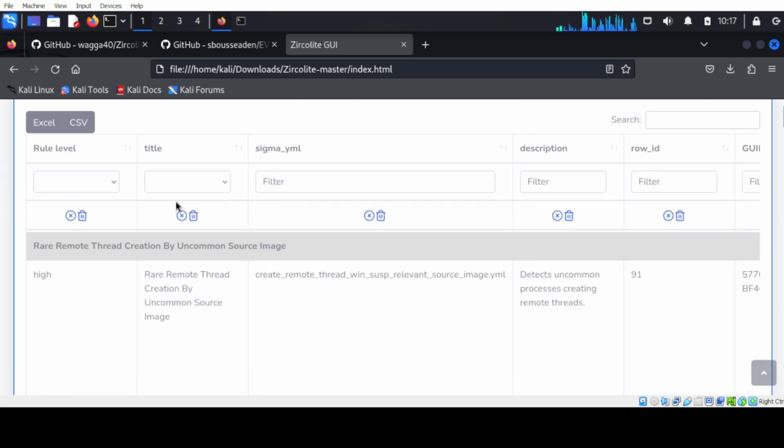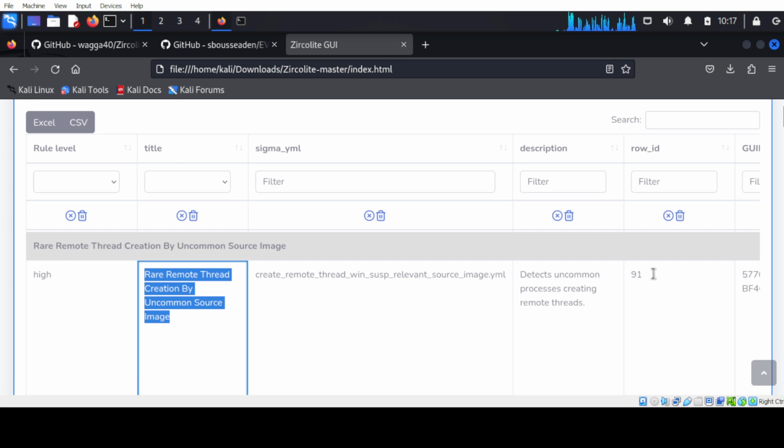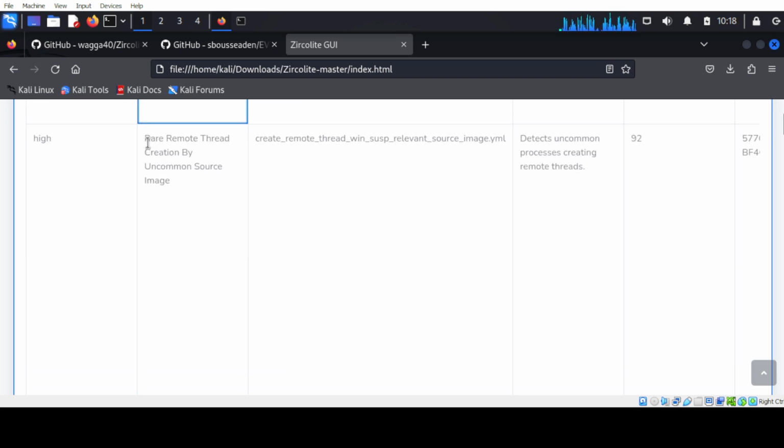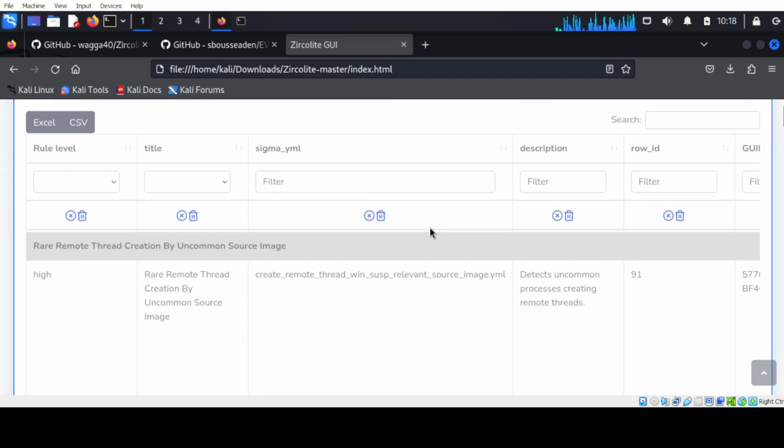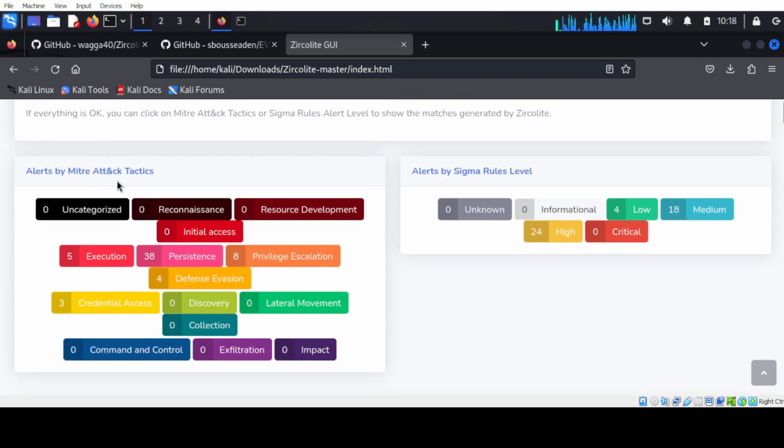If I click on it, see, more detail about each event is present. The description about each event is also there. Alerts by MITRE ATT&CK tactics, and these alerts are from Sigma rules.